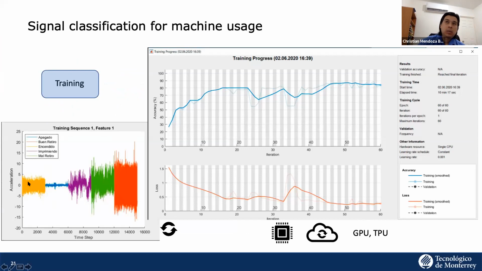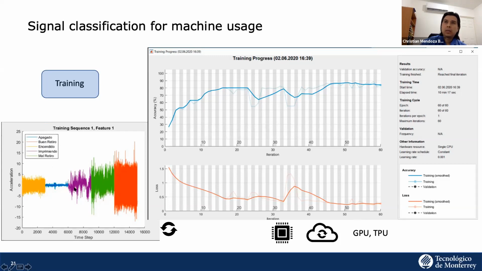We recorded signals using accelerometers stuck to the machine. Then we classified those signals by the activity we were performing during the training. I'm sorry for the labels, this is in Spanish, but what it means is that